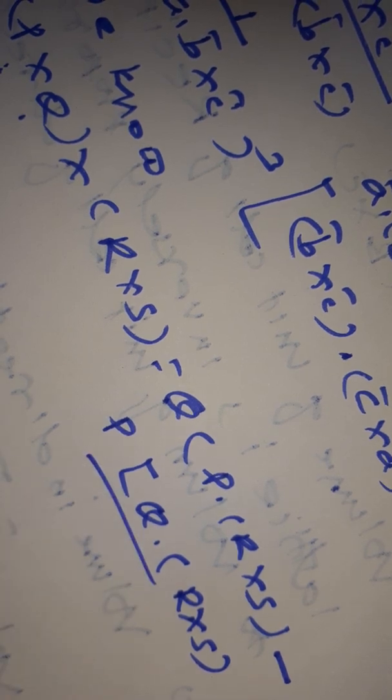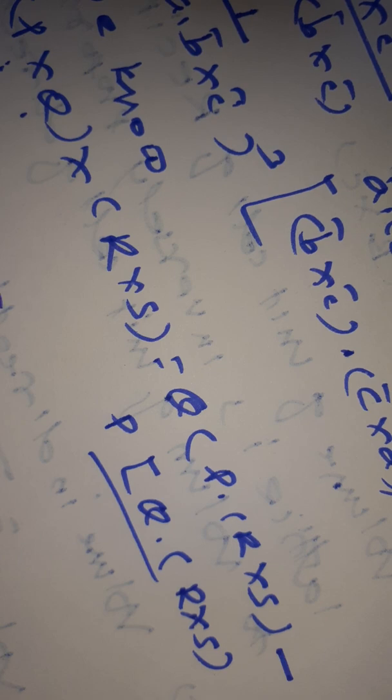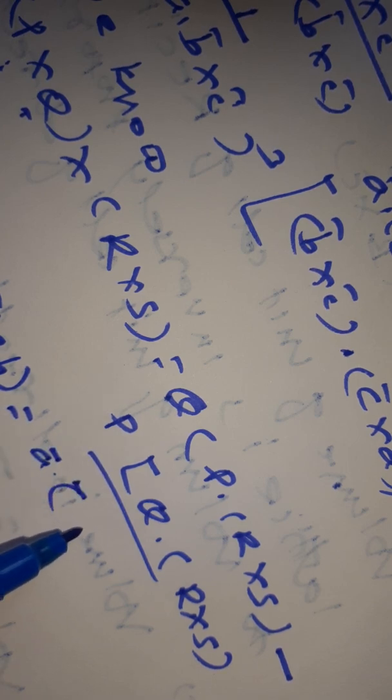So similarly you can write here C bar cross A bar cross A bar cross B bar is equal to, so Q is nothing but here A, so you have to put the A common, so write the bracket C dot A bar cross B bar minus C dot A cross B, so bracket complete.